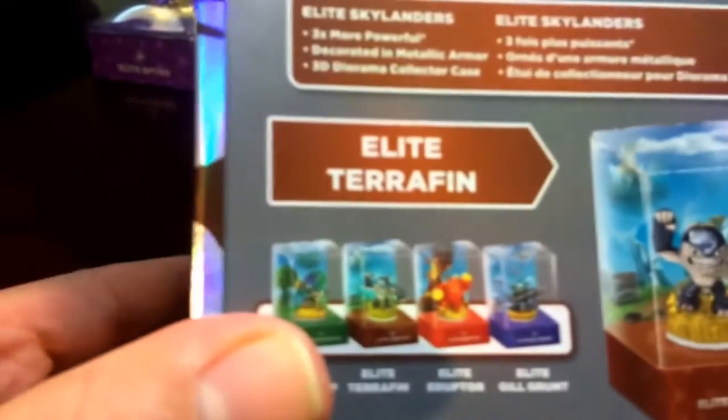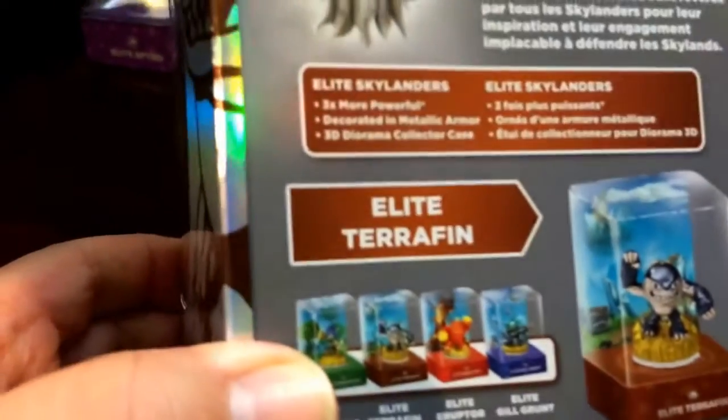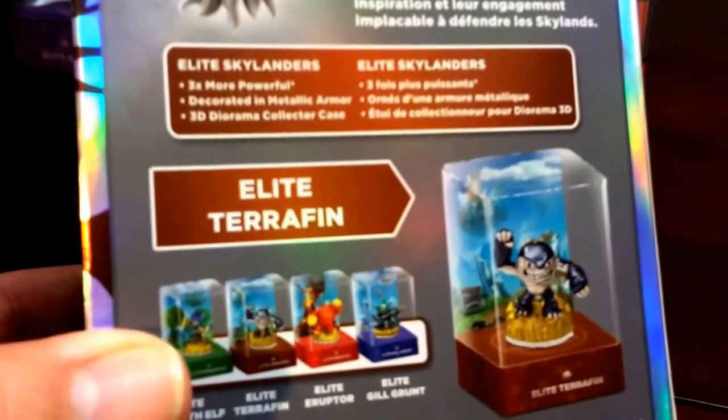Now, with the release of Terrafin, I noticed in the back, it has Stealth Elf, Terrafin, Eruptor, and Gill Grunt. Since I don't have Stealth Elf, but I looked at the background, you're going to see that the tree matches up with Trigger Happy, and then Terrafin's background will coincide with Eruptor's, and then Eruptor's with Gill Grunt. So anyways, I'm going to go ahead and take him out of the box